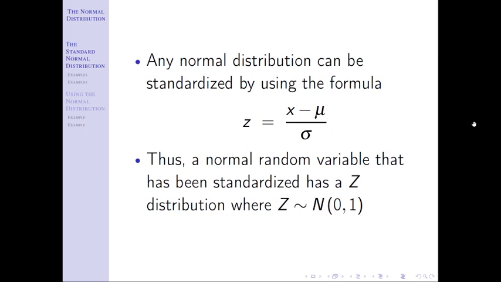And notice if you go back to the top of the page, we said a normal distribution just has a mean of mu and a standard deviation of sigma. It's whatever it is. Mu can be anything. Sigma can be anything that's positive. It can't be negative. But when we talk about a z distribution, it's a specific type of normal distribution. It's one that has that same bell-shaped curve, but it doesn't have a mu of whatever the problem has. It has a mean of 0, and it has a standard deviation of 1. Okay, so very important, that second bullet point. Make sure you understand that right there.